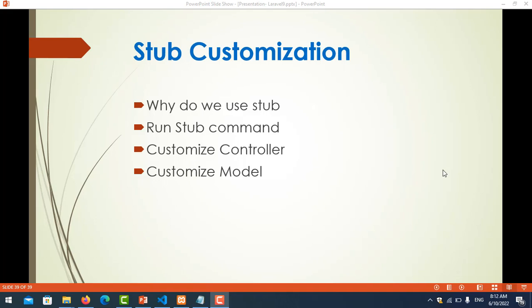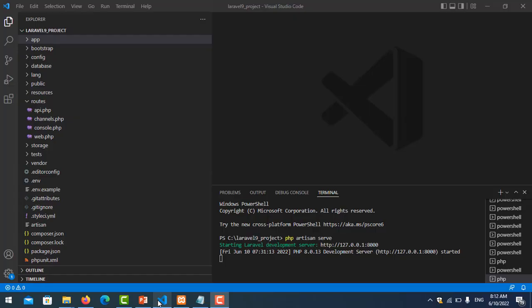Hello everyone, in this video we will learn about stub customization. We will see why we use stubs, how to run the stub command, and how to customize the controller and the model. So why do we use stubs? For example, stubs in Laravel, like